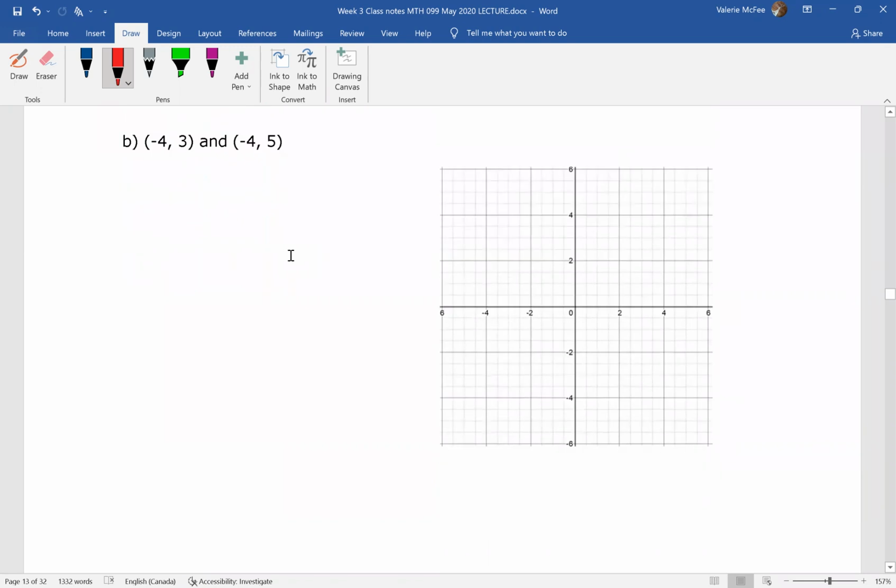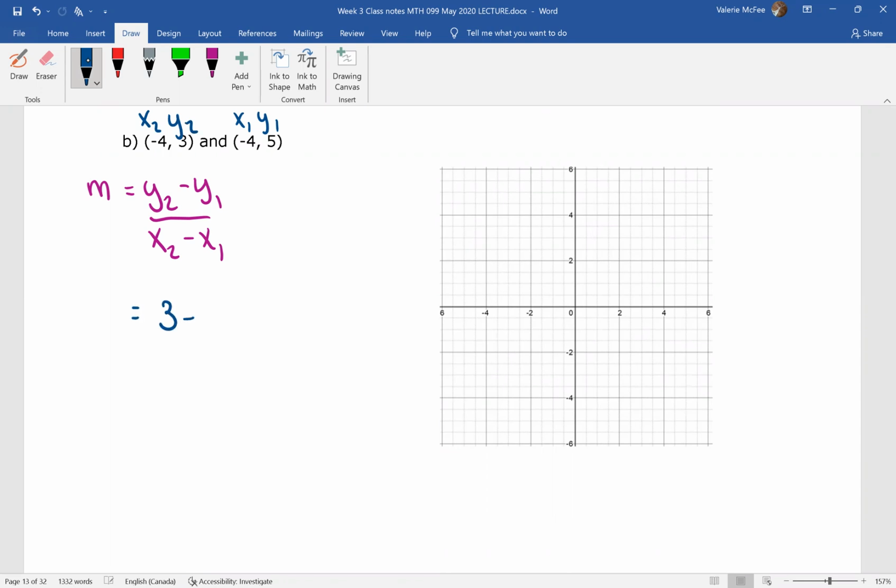Pause your video, find the slope given these two ordered pairs. Now I may have put those in a different order than you did, just to show you that you will always get the same slope. Did you find it's